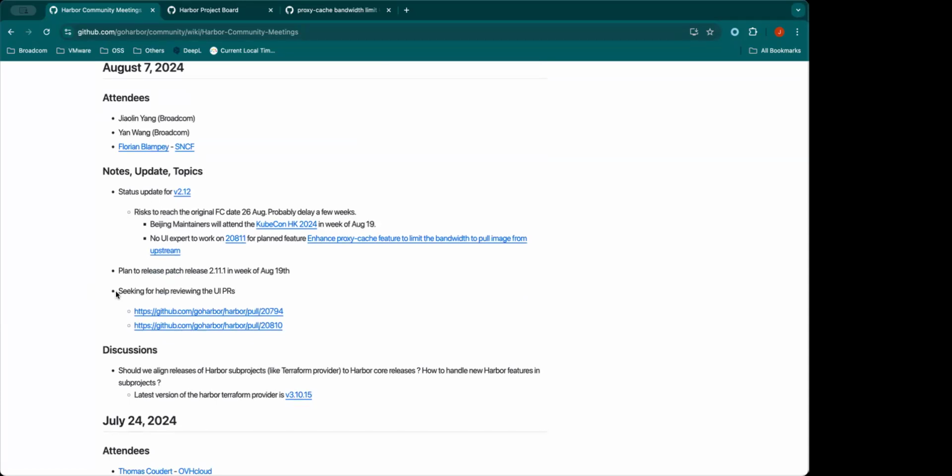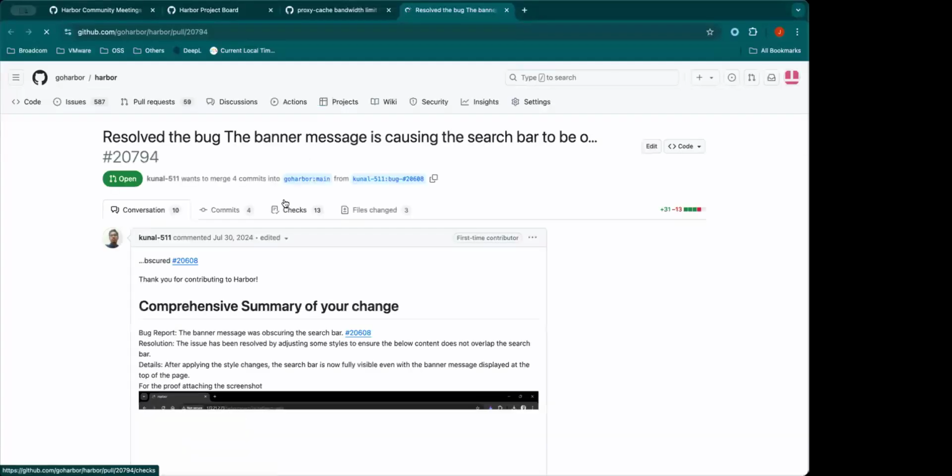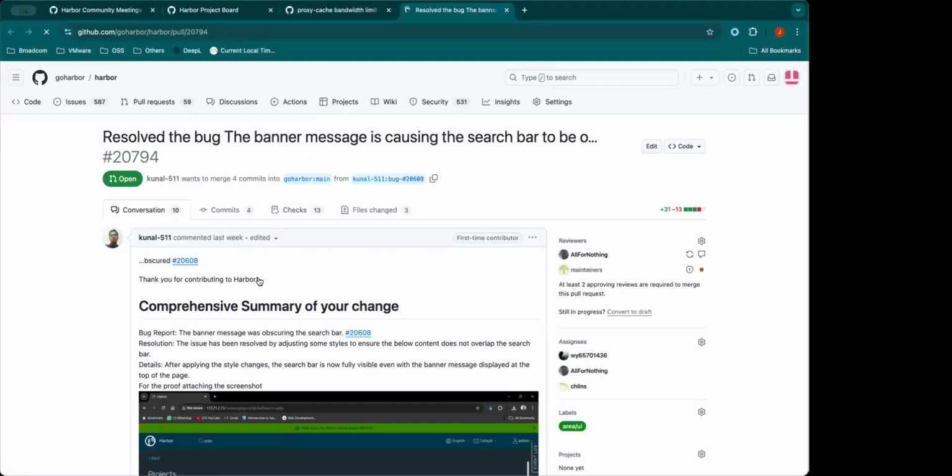Okay, so the third one, I can take that. The third one is also seeking some help from the community or maintainers to review UI related PRs. We have seen folks from the community contribute PRs to improve the UI.